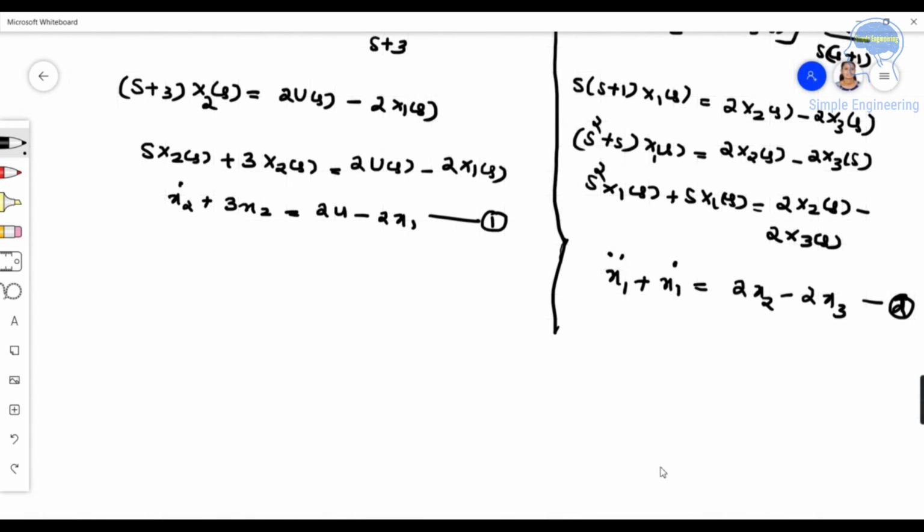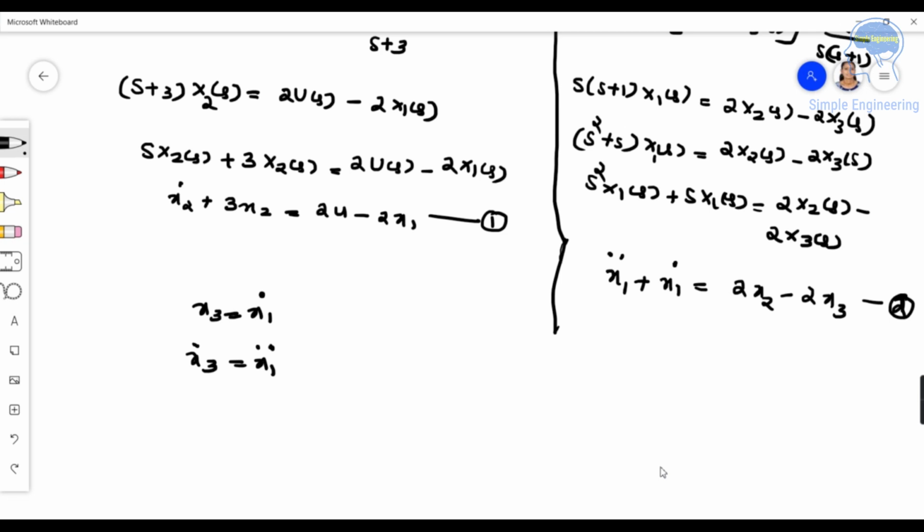So we got x3 is equal to x1 dot, and x3 dot is equal to x1 double dot. This one I am substituting in these equations. So we will get,